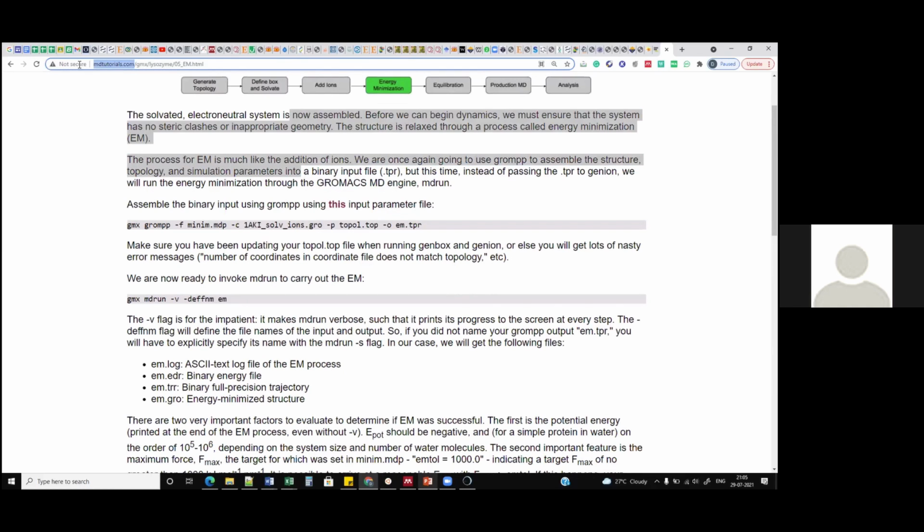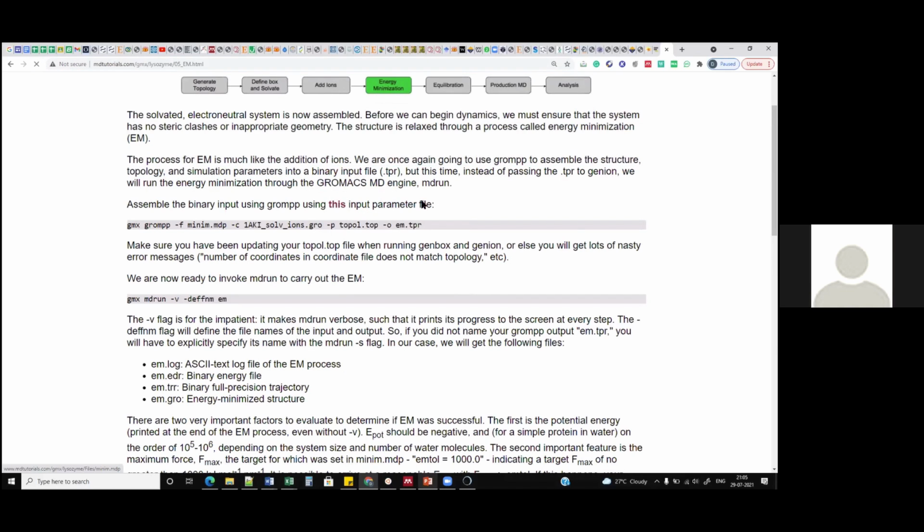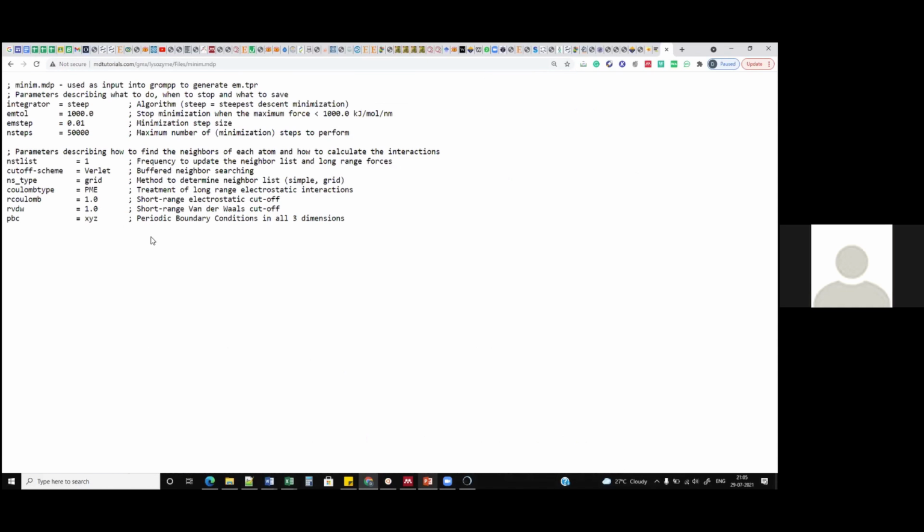You can just remember this link, or I will give it to Kalyani. She will deliver it to you. So you can just go in and read line by line. I'm not taking time to explain this. I'm just downloading this file. Again, I'm opening it to show you. So this is a parameter file.